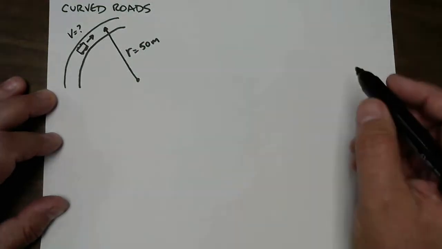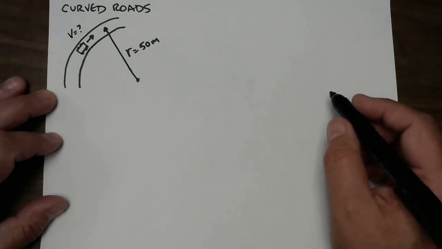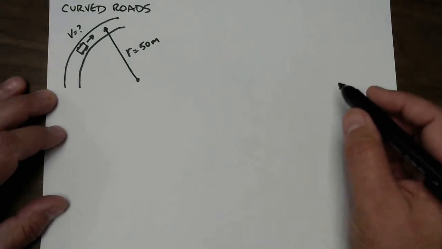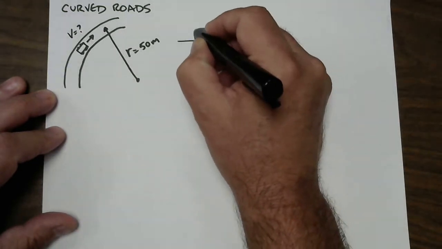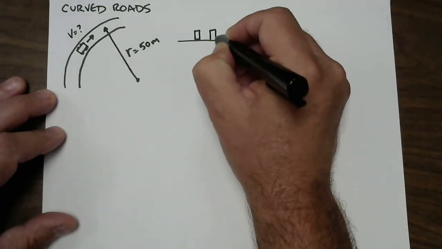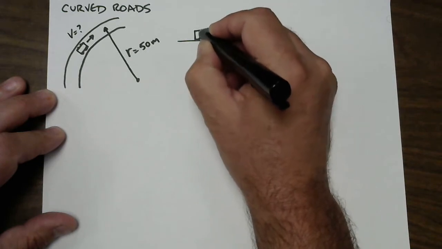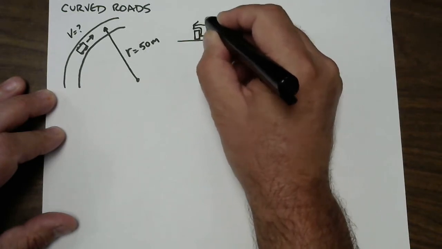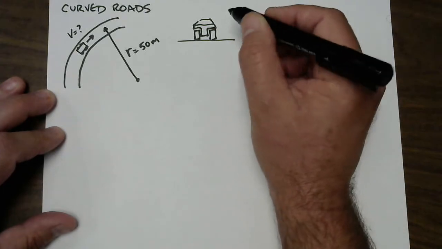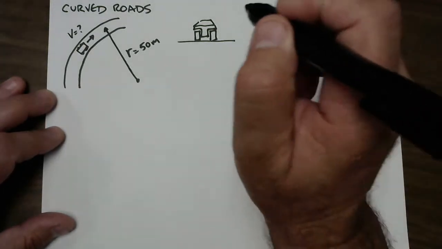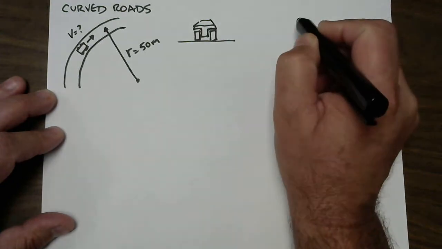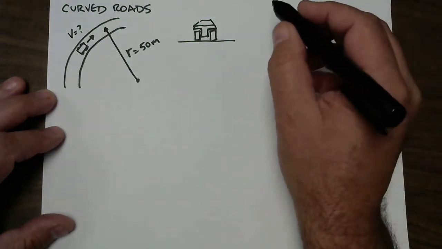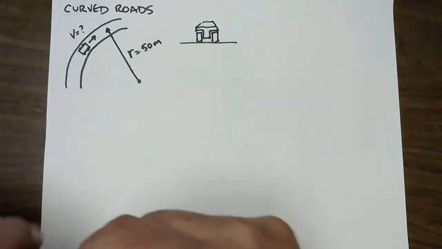Now, in order to solve this problem, we have to weigh two things against each other. And for that, maybe we should draw a picture of the car as seen from behind. So there's a couple of tires, some sort of structure to the car, and some glass top thing here. And the car is driving into the page and it's turning to the right. And so a free body diagram for the car